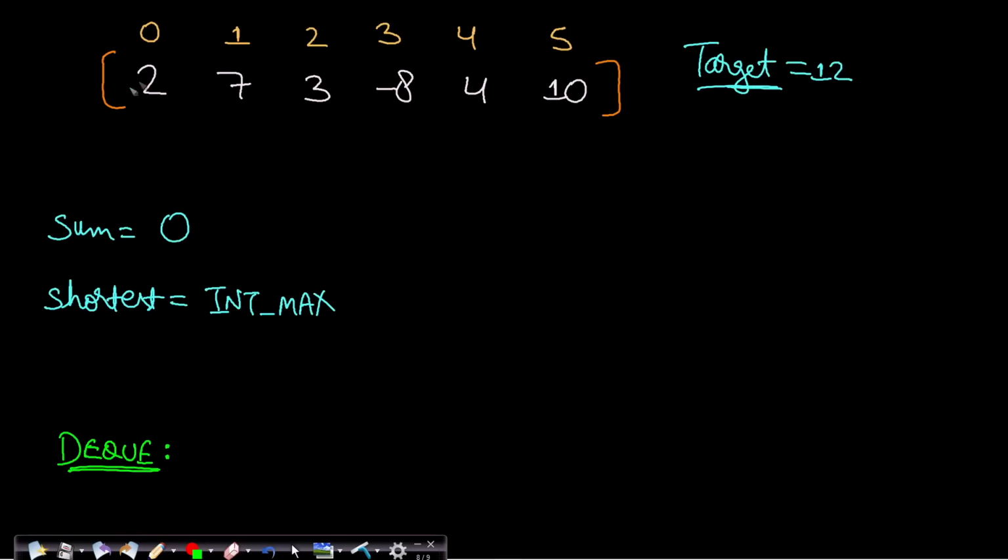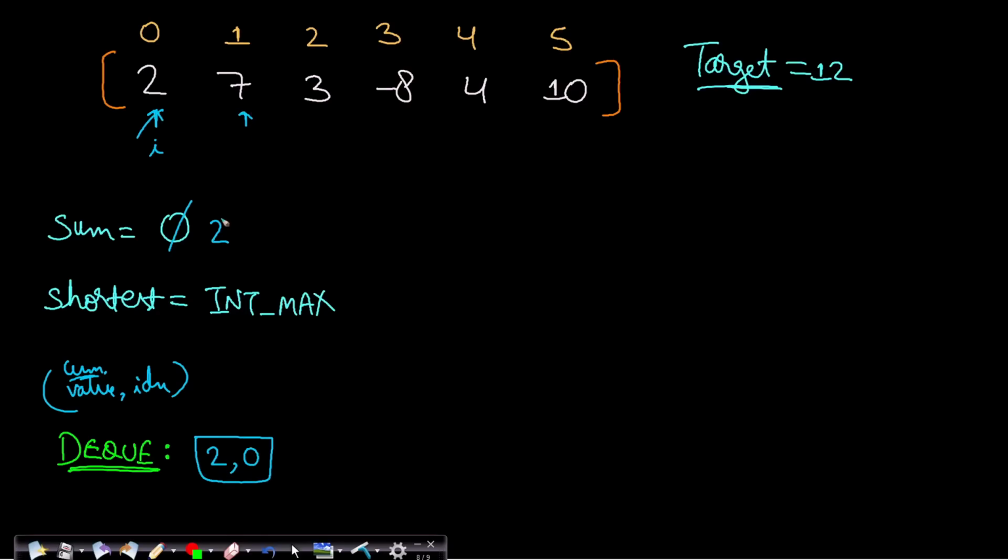Now I have taken the same example. In this case, I will start my parsing from index 0. As soon as I see index 0, I will increment my sum value, and this becomes 2. Now I will compare this 2 with the target. Is it greater? No, it is not greater. Fine, so we will not do anything. Now we will have to push it into the DQ. The DQ is empty, so we have to push it into the DQ. The DQ node will be value comma index. The value is your cumulative sum value. What is the cumulative sum here? It is 2. So 2 comma index 0 will be inserted into your DQ.